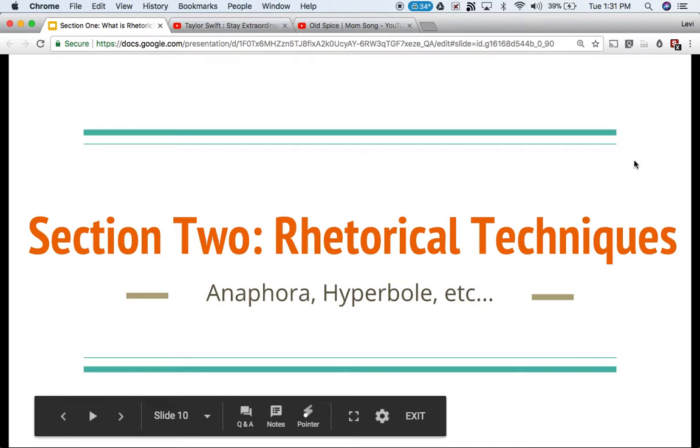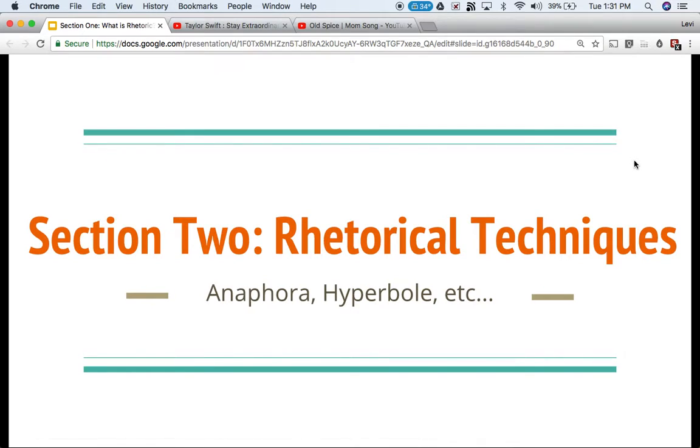All right, so that is ethos, pathos, and logos. Those are kind of your big ones. Everything else kind of stems from that. Now we're going to look at some rhetorical techniques. These are things that are used primarily in the writing part of it. For emotion, you can use music, you can use colors, you can use those kinds of things for pathos. These ones you can really only use the actual words themselves, okay?